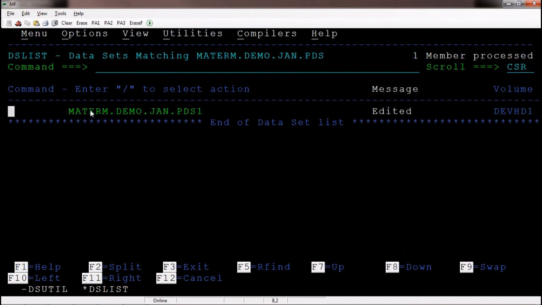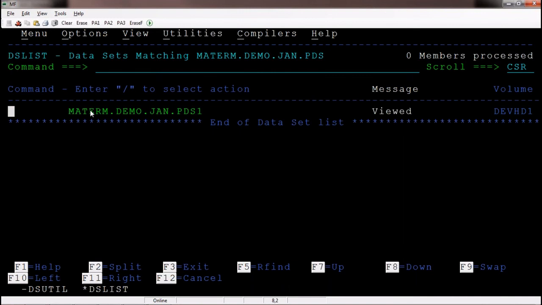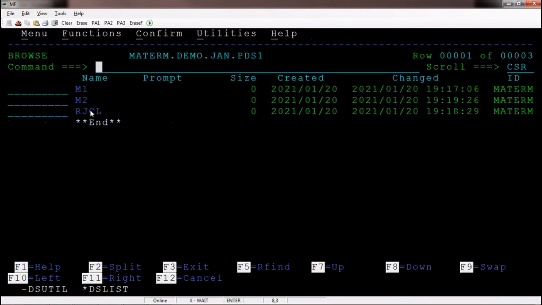There are other approaches also. Those things we will see in further videos. So you have seen how to create members and how to open a data set in edit mode. We can also open a data set in view mode. We enter. In this way, we can open a data set in view mode. Press F3. We open a data set in browse mode. So what are the differences between them? That we will discuss in another video.